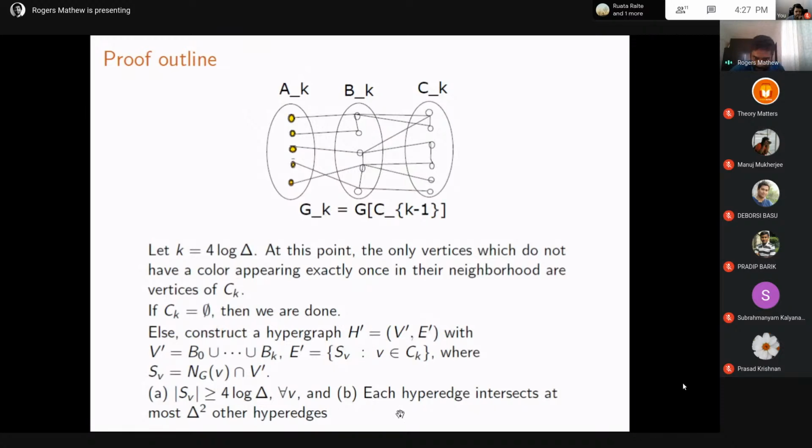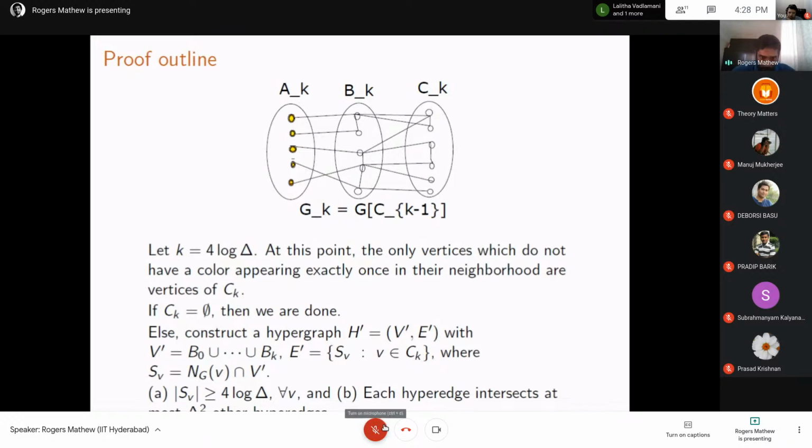And the second property, which I would suggest you can go back and maybe verify, is that every hyperedge intersects at most delta square other hyperedges. So what are my hyperedges? You take my first vertex V in CK, its neighbors in BK, its neighbors in BK minus 1, BK minus 2, the union of all that, right? And you take the second vertex W, its neighbors in BK, BK minus 1 and so on form the second hyperedge, and so on. So you take any one hyperedge, it is intersecting at most delta square other hyperedges. That's something which you can right now take as a black box, but it's quite straightforward to